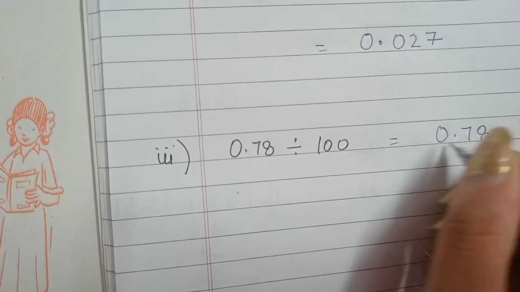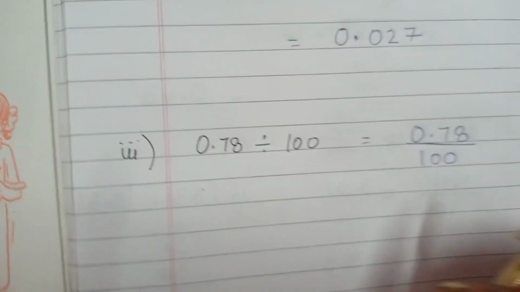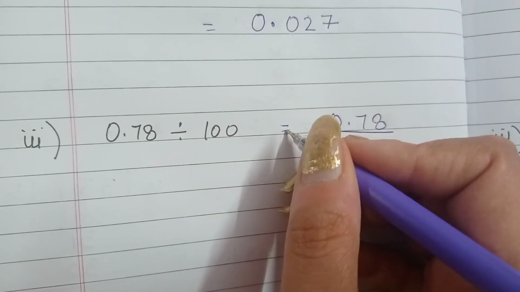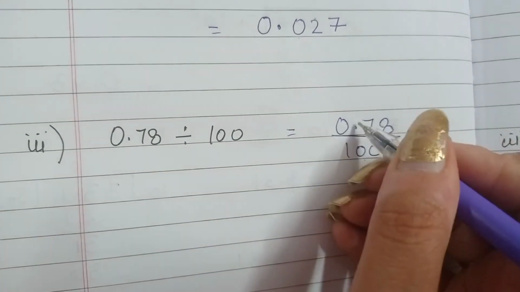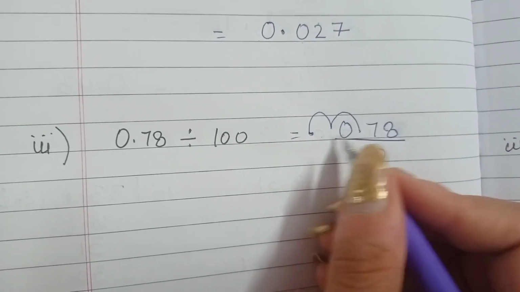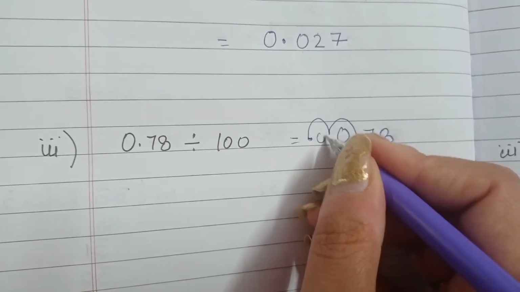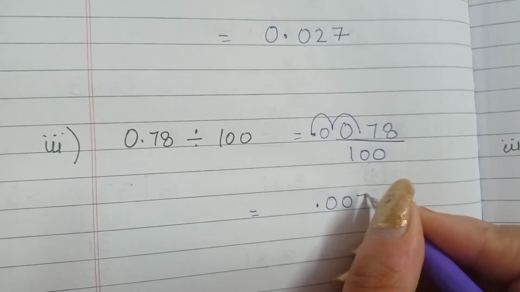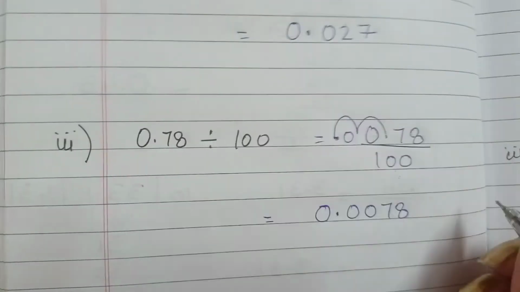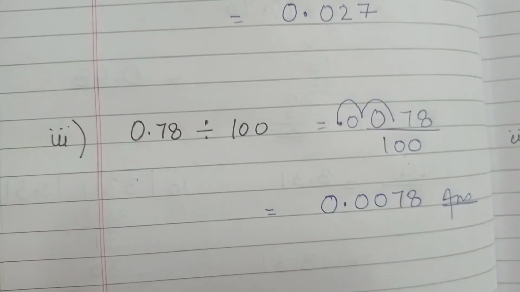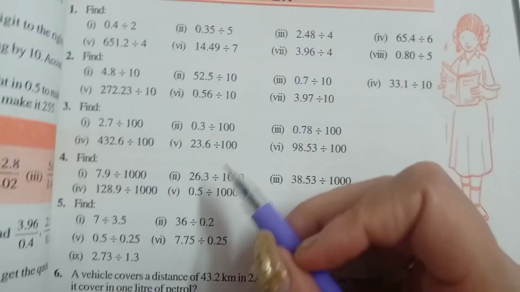Again, first write it in a fractional form. Now when it is in a fraction form, in division, the decimal moves towards the left side. How many jumps? 2 zeros are there, so it will make 2 jumps, 1 jump and 2 jump. Again an empty space is there between the number and the decimal sign. I'll write 0 in the empty space. It is 0.0078. Again no number is there in front of the decimal. We will write 0. So this was your third part. Let us move ahead with another part. I am explaining the fifth part now.